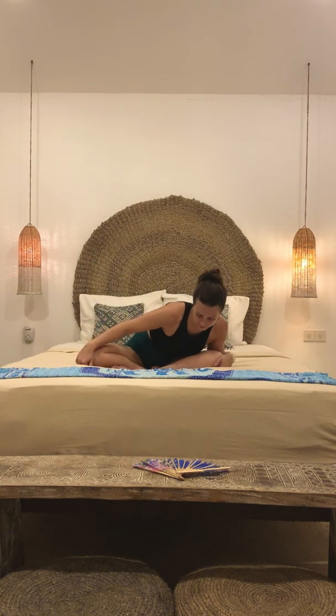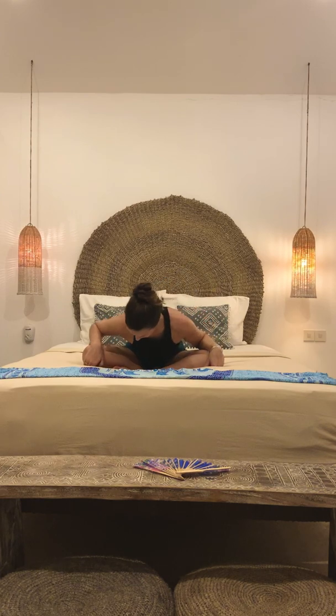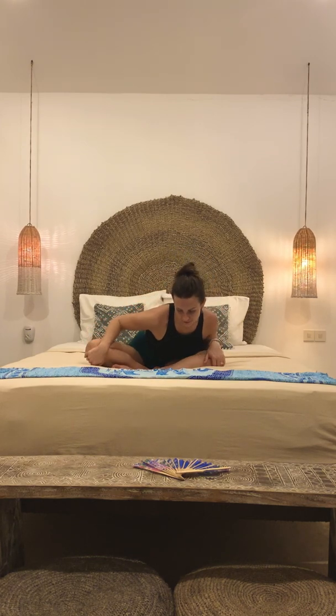And just cross the legs the other way now as we begin circling through the spine, nice and gently, any direction that feels natural. And if anywhere has a little bit of tension or resistance, instead of fast forwarding, why not slow down in that area and really get curious as to what's going on in your body today. Change direction, circling the other way. Nice and slowly noticing what's going on in the hips as we take our focus inward, exploring through the body. Just a few more circles here in your own time,